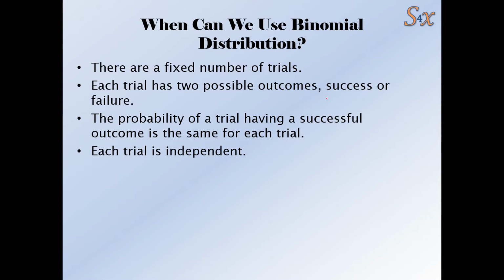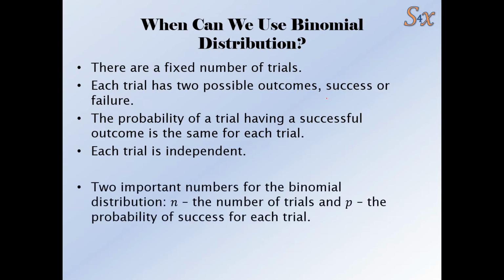Quite often we get lots of rain in a week or hardly any rain in a week. That's an example where we wouldn't be able to use the binomial distribution. So there are conditions. There are two really important numbers to the binomial distribution, which we're going to define every time